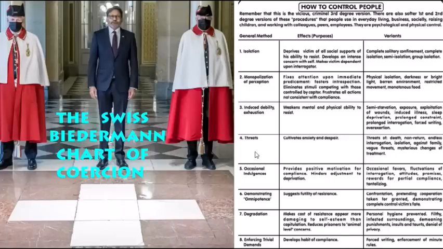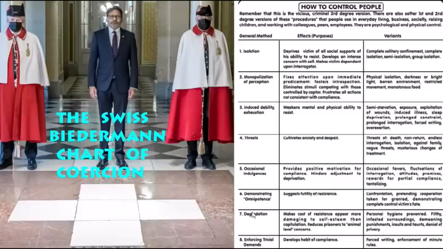You know, if they change the attitude all of a sudden, you know, they're nice, like Mr. Nice Cop and Mr. Bad Cop, you know. This is number 5, occasional indulgences. Then Mr. Nice Cop comes around, you know, and you open up and start talking, and then all of a sudden Mr. Bad Cop comes again. And then, you know, then there is the compliance, you know. Hinders adjustment to deprivation. Occasional favors, fluctuations of interrogations, attitudes, promises, rewards for partial compliance,